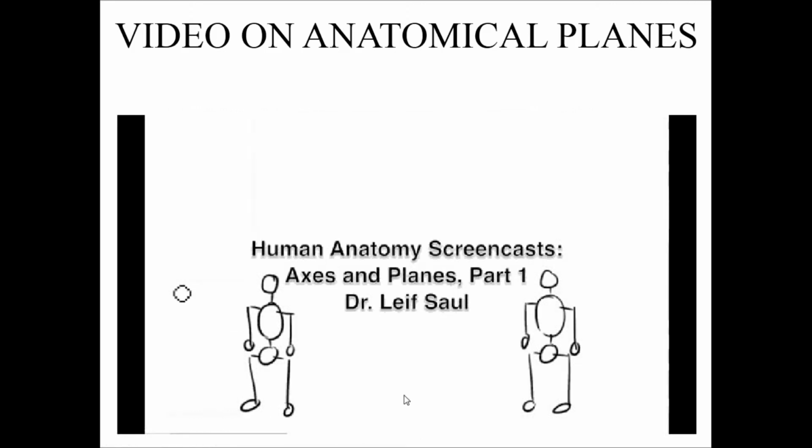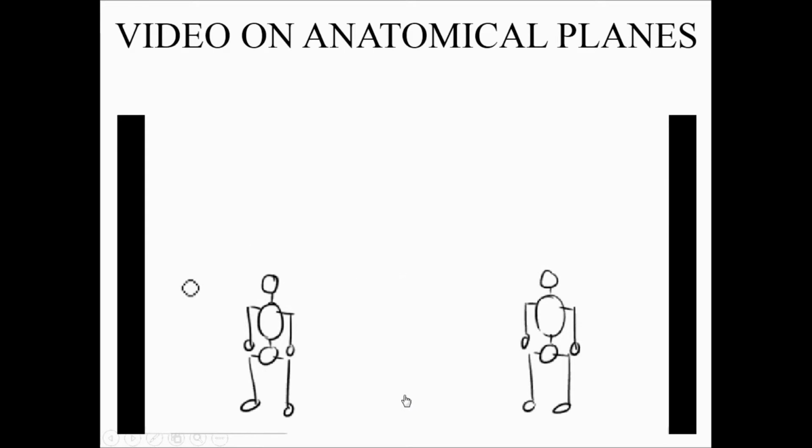We're going to talk today about axes and planes and how they relate to the movement of joints. And to start with, what is an axis? It's an infinitely long straight line, and they're relevant to joint movement because